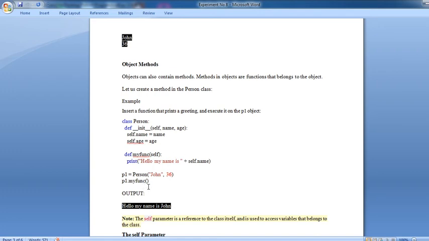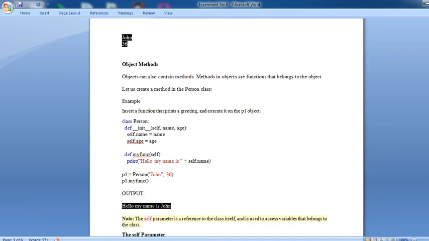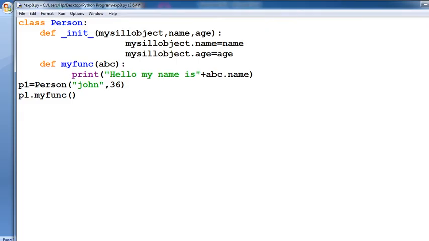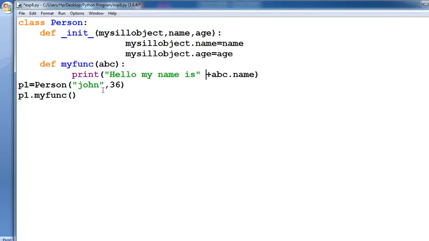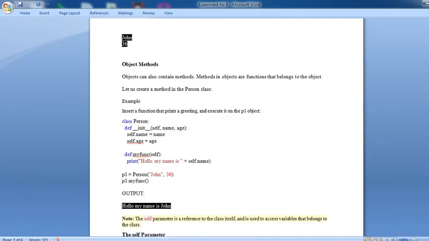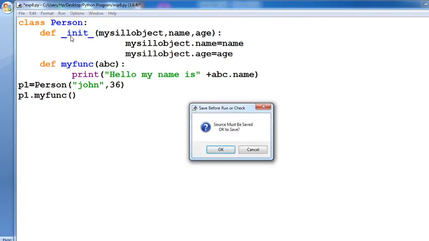After that, def my_function(self), print hello my name is, that is you are defining here print that particular function, and whatever parameter is defined, that is for your abc, and abc.name, that means your particular name equals abc.name. Whatever value you are defining, John and 36, that means you are defining that particular value, that is 36.